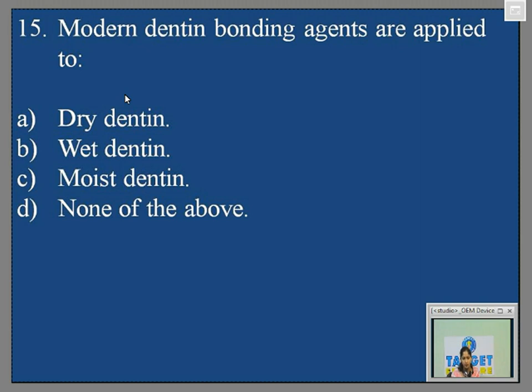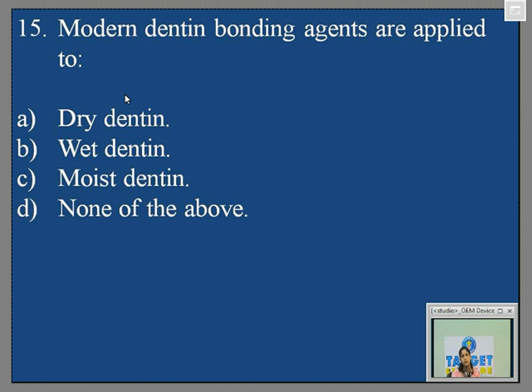Okay. Modern dentine bonding agents are applied to moist dentine. Yes. Now, dentine bonding agents, I would like to discuss. There is one question on dentine bonding agents in the subsequent series, which I will discuss in detail. Here they are asking about the newer generations, that is your 6th and 7th generations, which mostly use self-etching primers, or they will be the single bottle system. So that is the reason why we picked the option of moist dentine.